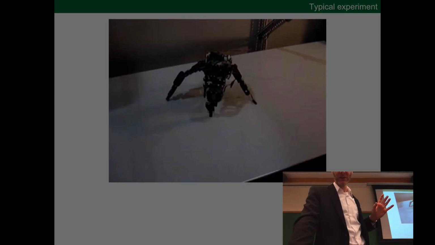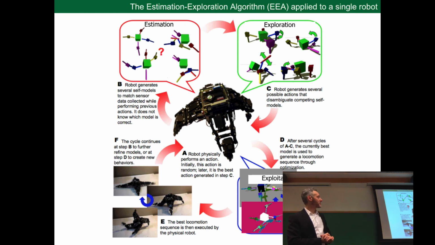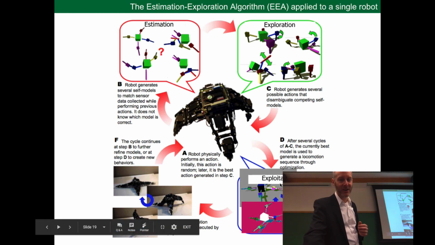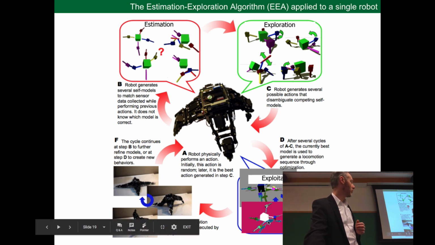Okay, the basic idea here is going back and forth from simulation to reality. I apologize for the quality of this image here, but as I mentioned before, this is often known as the estimation exploration algorithm because the robot is estimating, or creating, a simulation of self. It's estimating its current situation. And then I apologize about this down here. This is the exploitation part, where it actually uses the simulator to evolve a controller and then transfers it to reality. If something changes, it goes back here.